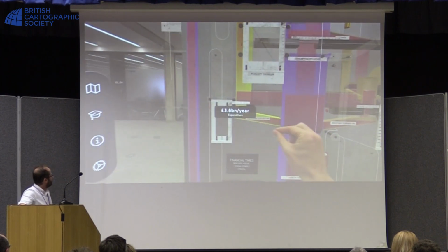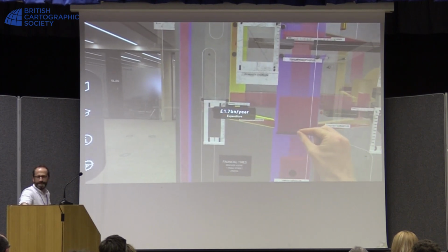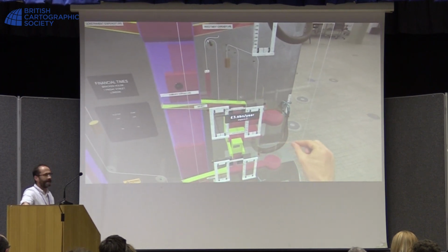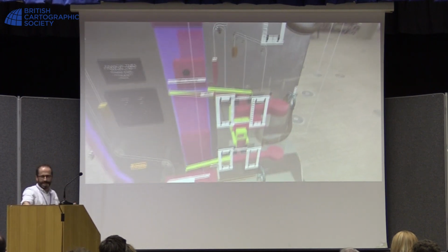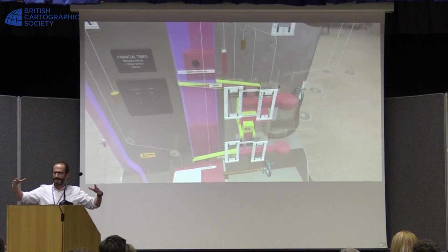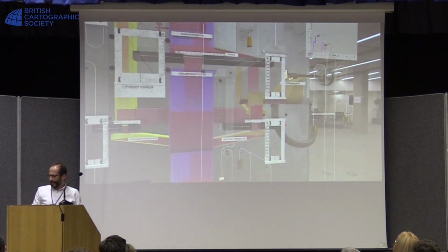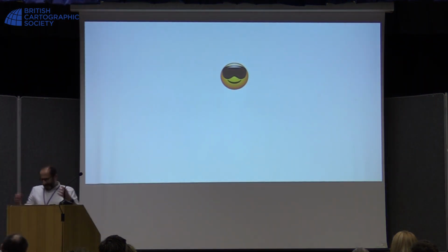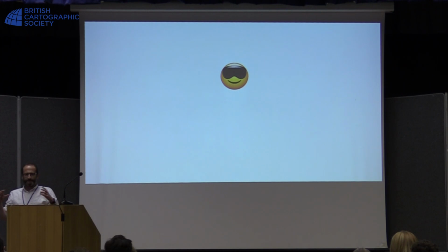And the fidelity of the model is stunning. Right? Like the physicality of the experience. It takes you back to this idea that data can be an aesthetic experience, not something that has to be minified onto a 4-inch screen. And so this is my wrap-up, right? It's an experiment, but I think one that's very interesting in terms of what that means, particularly for cartographic thinking,